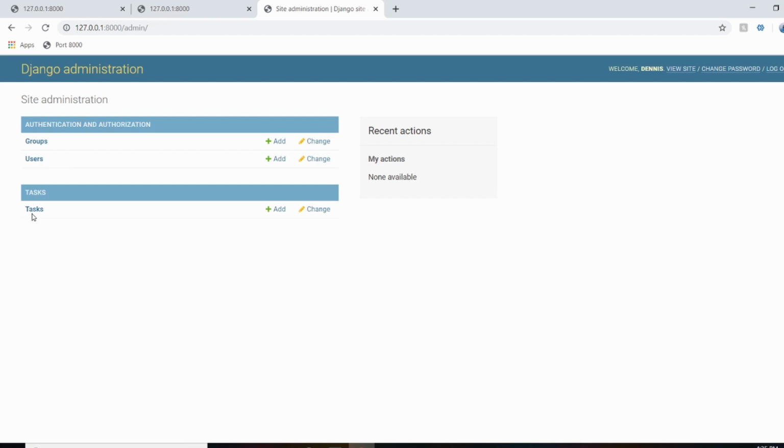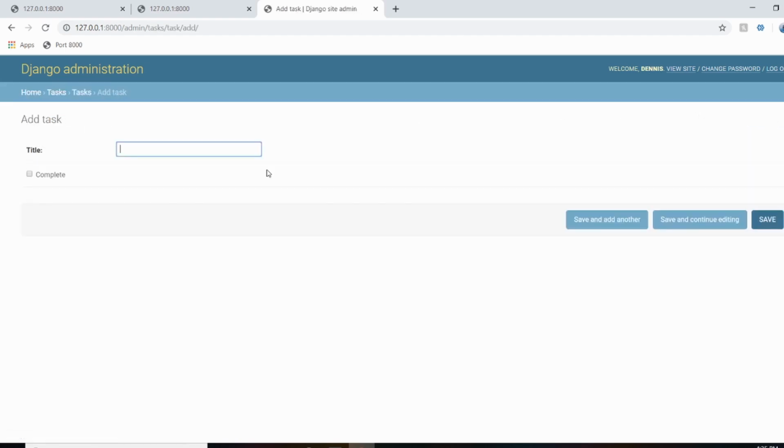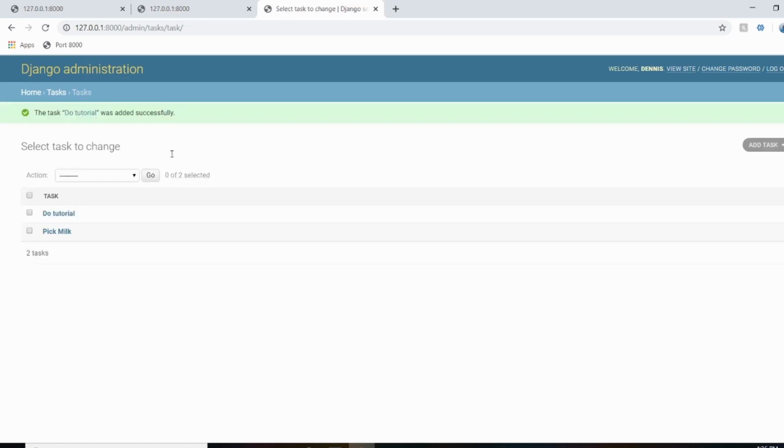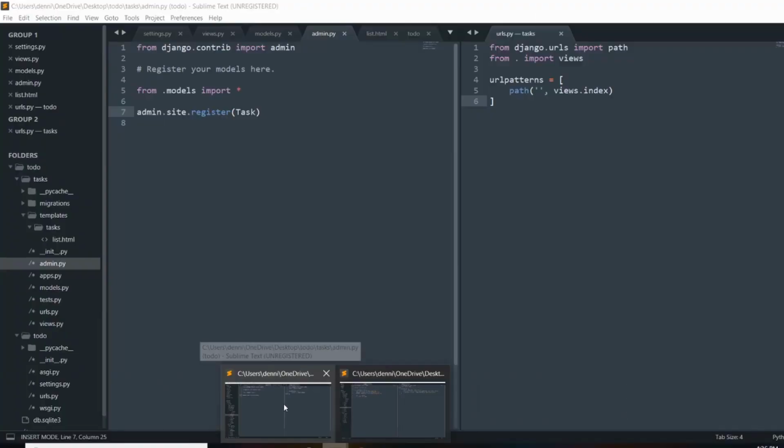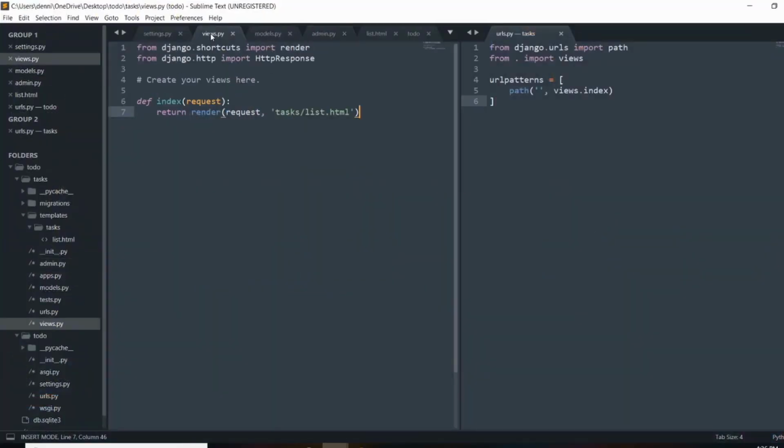And now we can see it, so I'll just go ahead and add 2 quick tasks, and I'll just say pick up milk, and let's say do tutorial. Okay, so both of those are considered incomplete tasks, and now what I'm going to do is actually render these out in the template. So in our view, we can actually go ahead and import those. So I'm going to import all the models, and I'll just do from models import, and we'll import everything